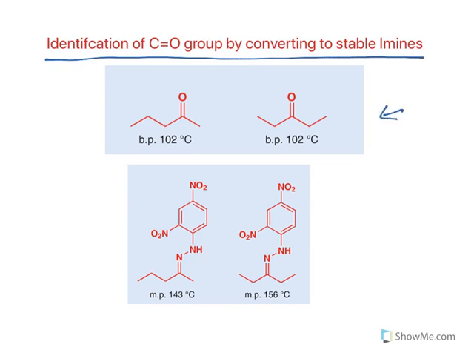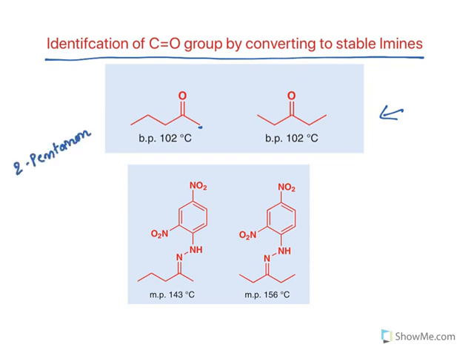What are these two compounds? You have carbon 1, 2, 3, 4, 5. Five carbons are there, and at the second position you have a carbonyl group. So, this is 2-pentanone. At the second carbon you have the functional group; this is the third carbon, fourth and fifth. Totally 5 carbons, so pent, and at the second carbon a ketone. So, this is 2-pentanone. What is this one? This is 1, 2, 3, 4, 5. Similarly, 5 carbons, but the functional group is present at the third carbon. So, this one is 3-pentanone.